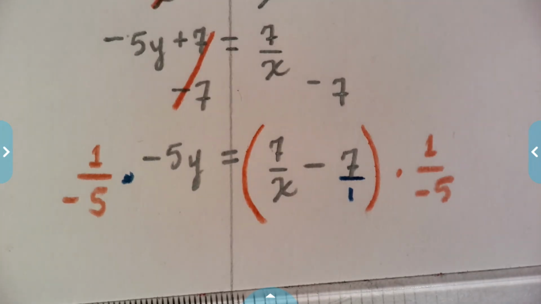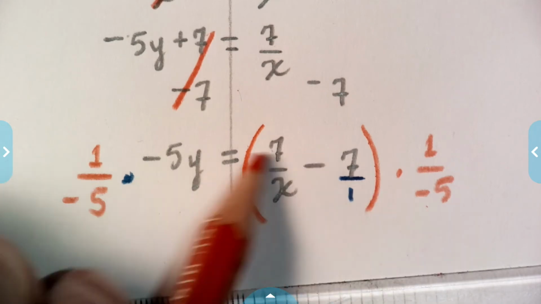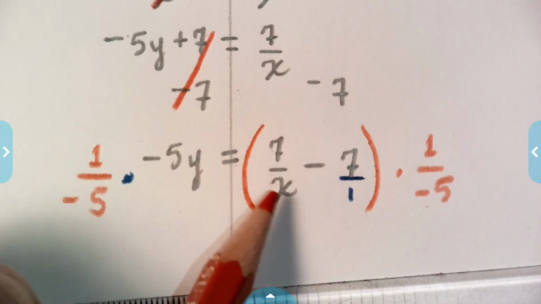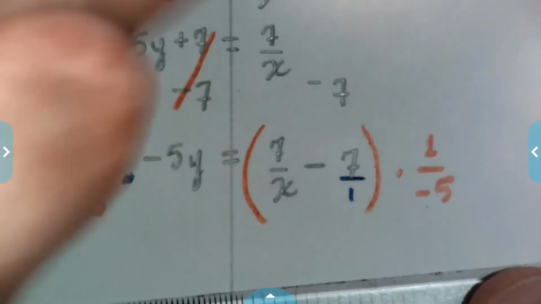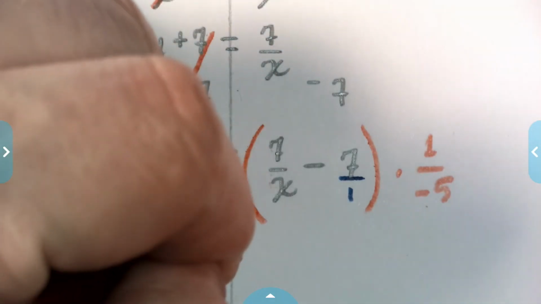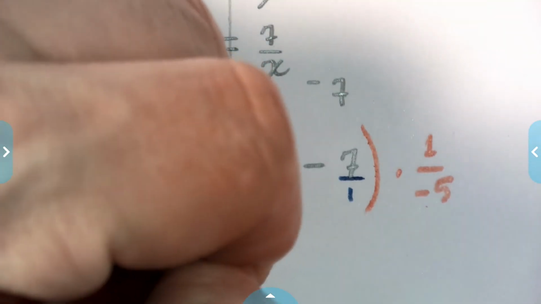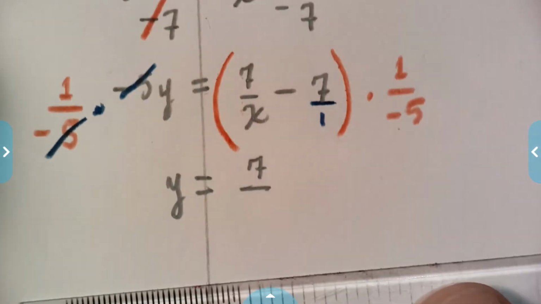And all I'm really doing, pardon me, is distributing the negative 5 to the denominator, okay? So firstly, we can cancel out these negative 5's here, leaving y by itself. Y equals. So on the numerator side, things won't change. We have 7. But on the denominator, I've got negative 5x now. Okay? Negative 5x